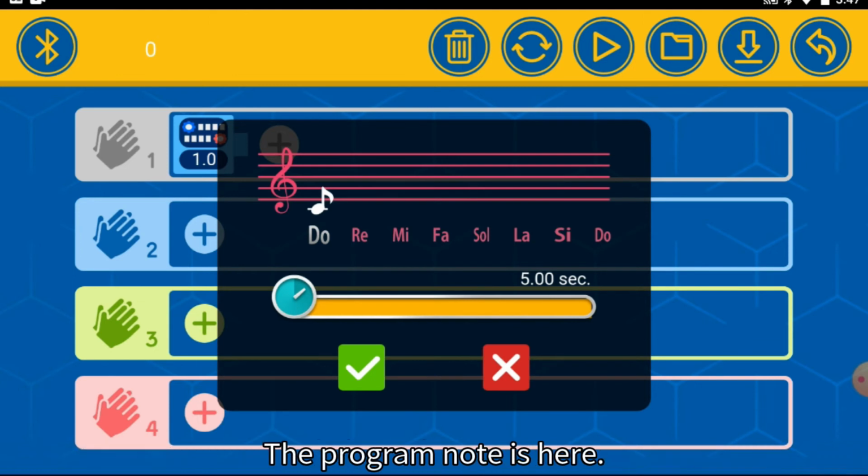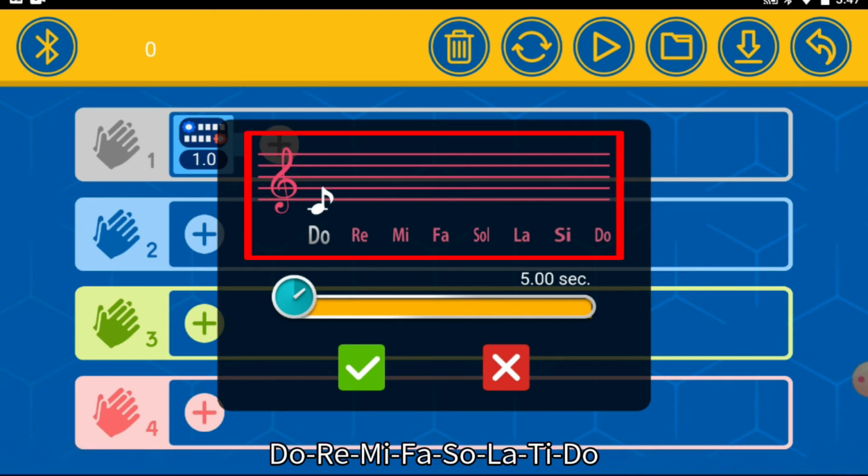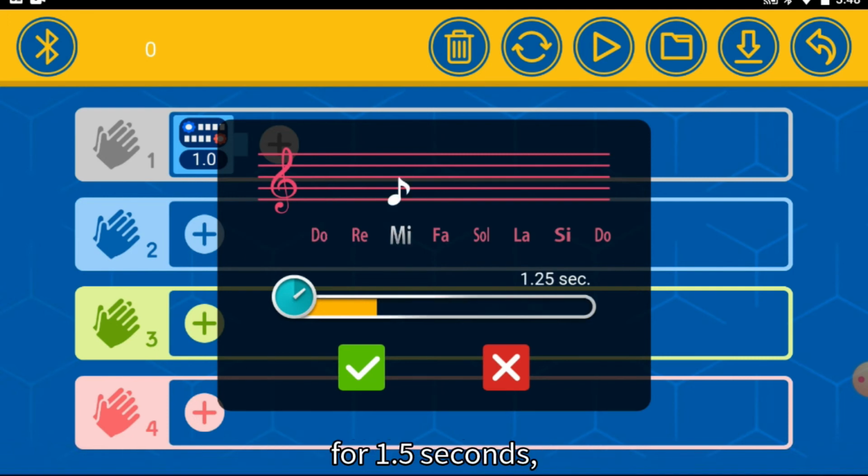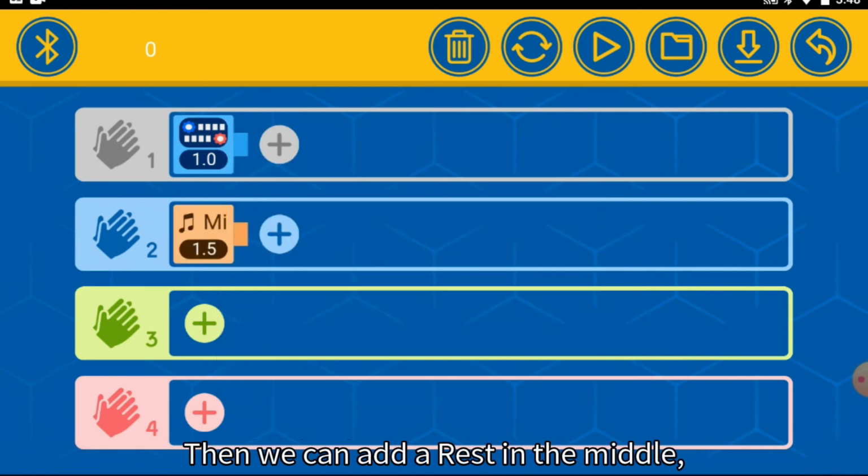The program note is here. Do, re, mi, fa, sol, la, si, do. It's a standard musical scale. So if we want to play mi for 1.5 seconds, we tap the check mark here. Then we can add a rest in the middle